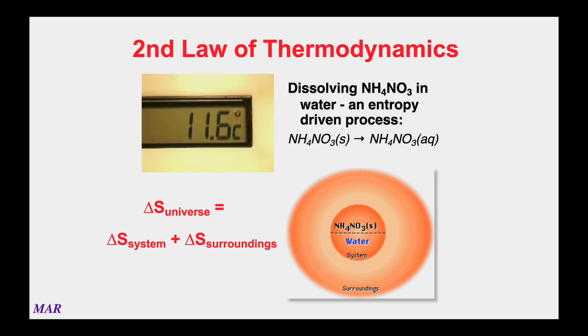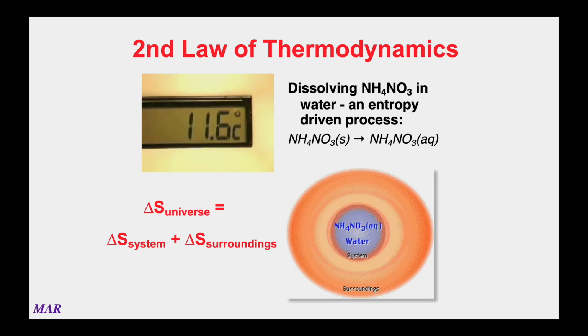It is said to be entropy-driven. As the ammonium nitrate dissolves, the entropy of the system increases. At the same time, the surroundings lose energy and experience a decrease in entropy. The increase in system entropy, however, is greater than the decrease in the surroundings entropy. Thus, the total entropy, the sum of the entropy changes in the system and surroundings, increases